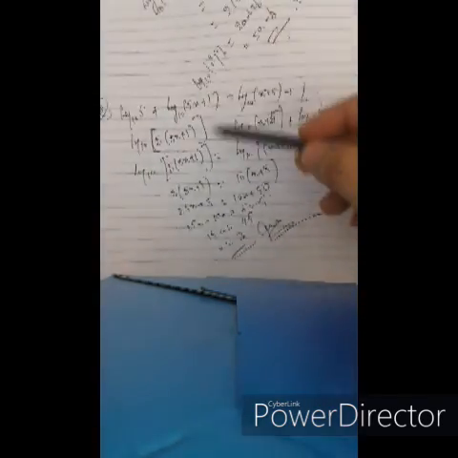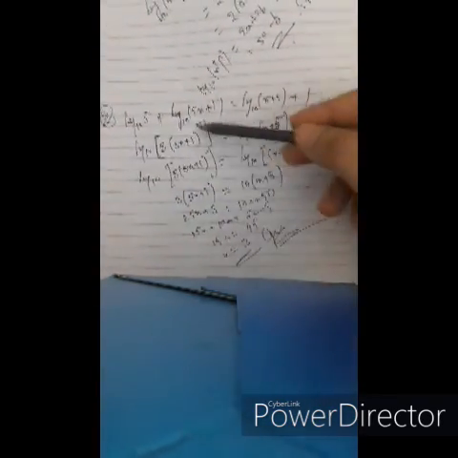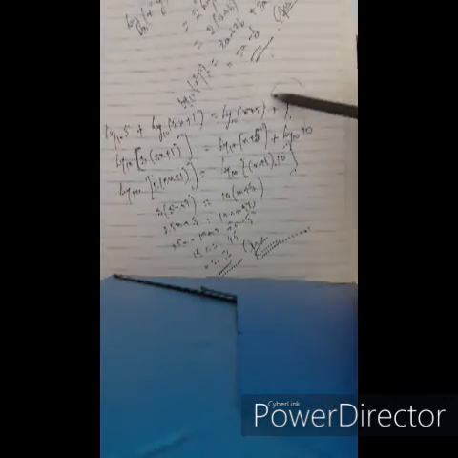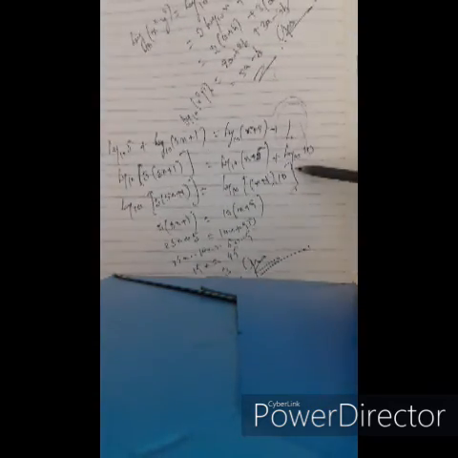I hope you are able to understand this problem. It's very simple. Just put it in the formula, and there's a trick part here. One we have to take as log 10 to the base 10, and directly we will substitute in the formula to get the value of x, which is equal to 3.